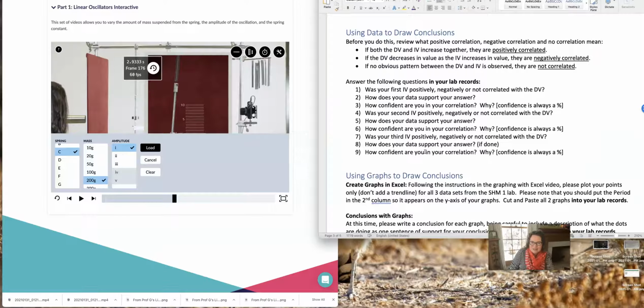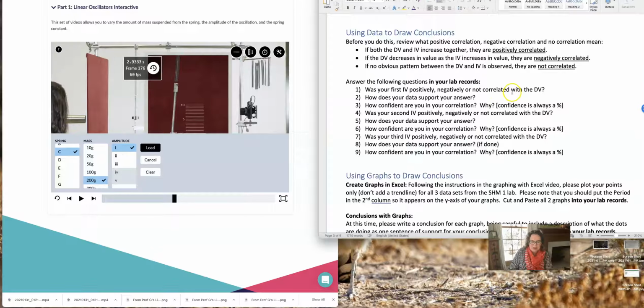All right, you got it? Nice. Now we're going to draw conclusions based on data only. I know this is very hard. You really, really want to look at a graph because graphs are amazing and we are mainly visual creatures as humans. Seeing the plots on a graph is a lot easier than just looking at numbers. However, the skill of being able to look at a set of numbers and draw conclusions is important, and that's what we're doing here. So just based purely on your data numbers, you're going to answer if your IV was